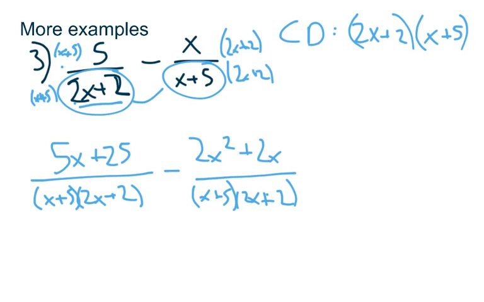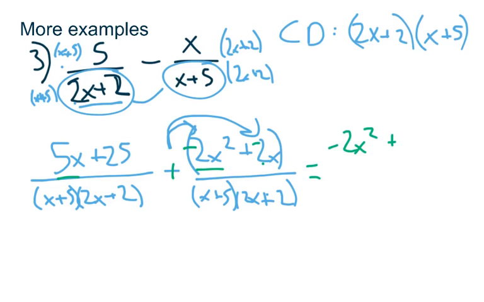We have that common denominator, so we can combine, but we have to be careful. This is in parentheses, and so I have to distribute my negative sign to both of these. So when I do that, and I'll do that in a different color, this becomes a plus negative 2x squared minus 2x. And so I'll have negative 2x squared, and then 5x minus 2x for plus 3x, plus 25. And then that's going to be over x plus 5,